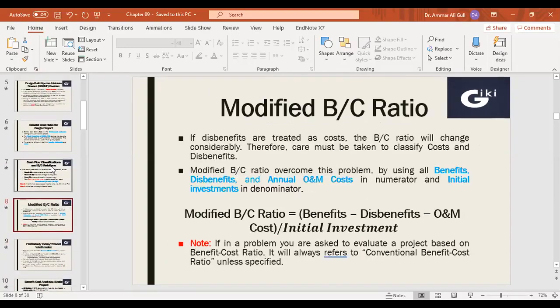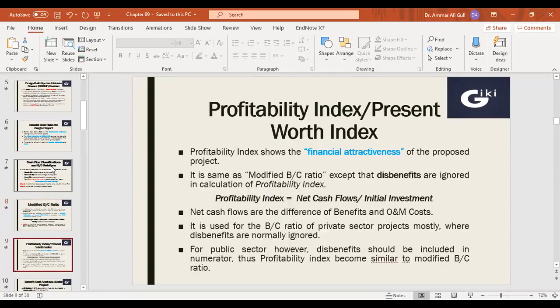And in case of the modified B over C ratio, what we do is consider costs in the numerator, but on the other hand, in the denominator we use initial investment. And the formula for the modified B over C ratio is benefits minus disbenefits minus operating and maintenance cost divided by initial investment. Then we have profitability index, and in profitability index we don't consider disbenefits because